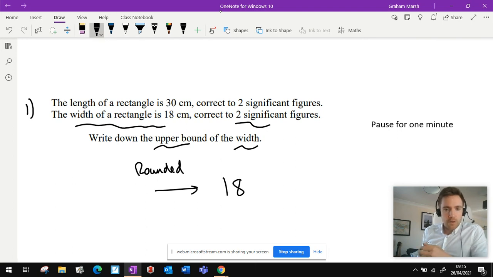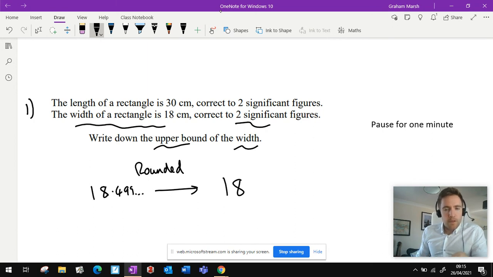So if we look at the example here, let's say we try something out. Maybe we have 18.9. Well, if you round that to 2 significant figures, okay, there's the first significant figure, there's the second. We're going to round this point here, but I think you can see that's going to round up to 19. So that doesn't work. But by trying that out, I think you can see how the rounding process is going to work, and then you can think backwards and realize that, okay, well, in that case, it's clearly not going to be anything like 18.9, but it'll be about